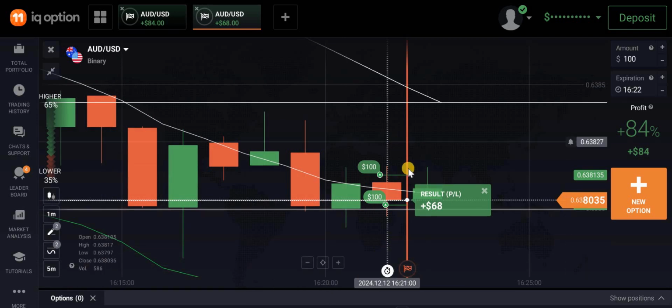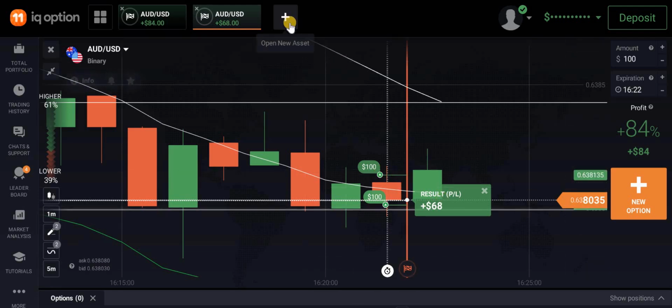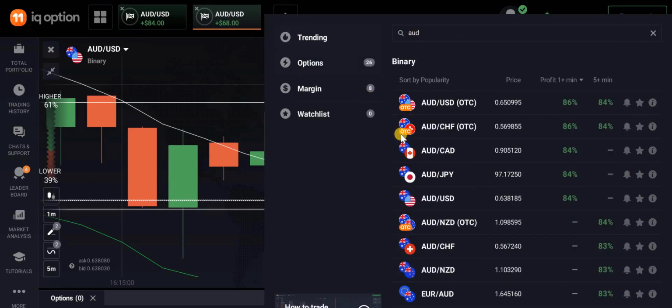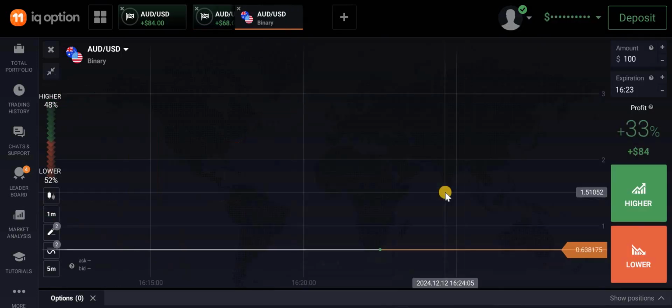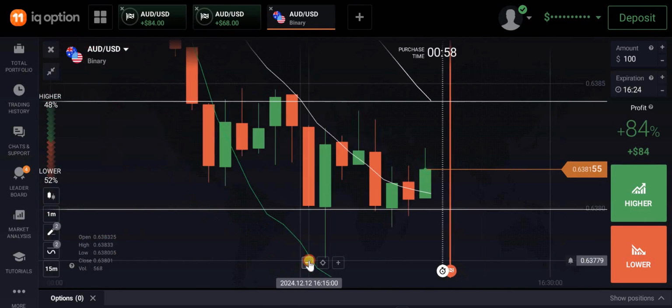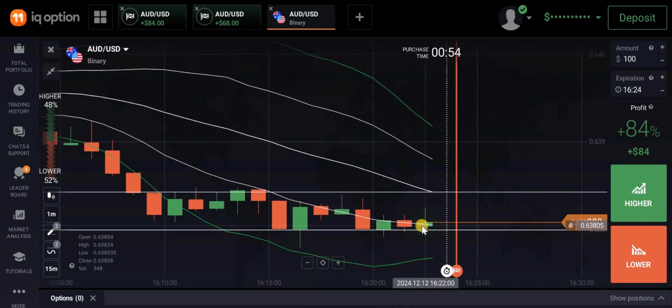So this is how it works. I missed this one because of the entry point, but definitely you see why I got it here. It was too far, so we'll go again to take another trade. You see, these are the kind of trades that you just do once and for all. It doesn't take much of your time. If I was not explaining, I would have done another trade here. But nevertheless,